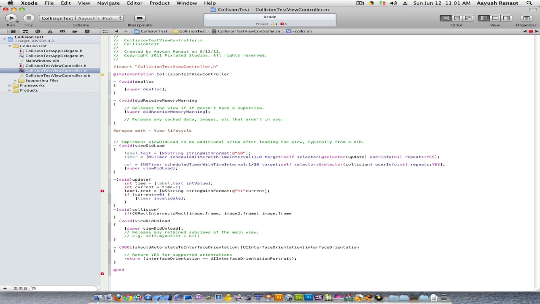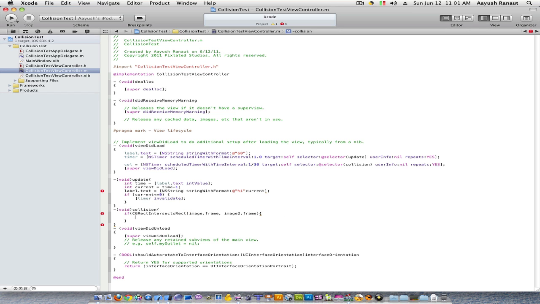If the two frames collide, then the code in the brackets would be executed,